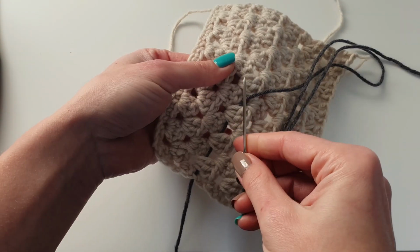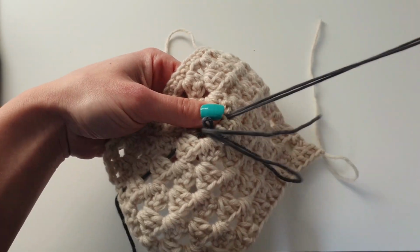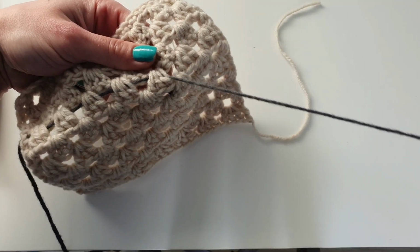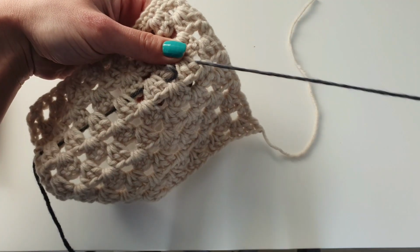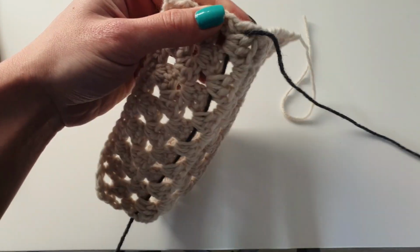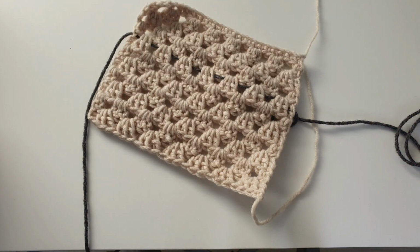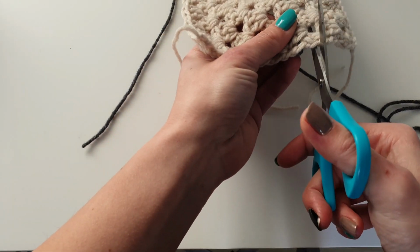So I'm just getting with the yarn through the bottom stitches of the last row that I will want to keep. And the same as on the V stitches, you have to make sure that you're pulling the yarn through all the bottom stitches. Make sure you don't forget one. It won't be a big issue, but on the next steps you just have to make sure that you see that stitch. Okay, now we will take the scissors and just cut the extra rows that we want